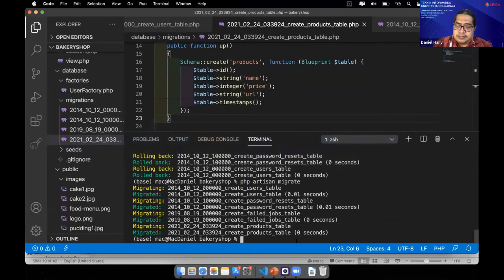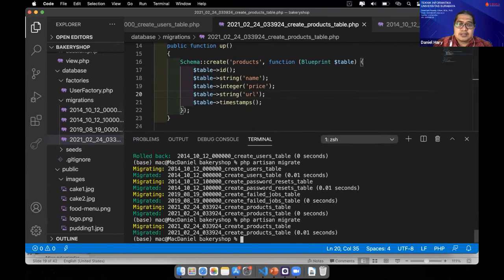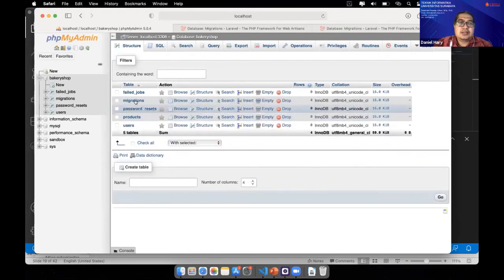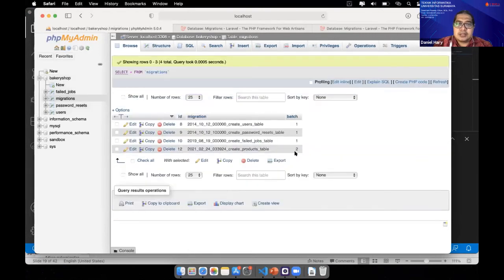After doing some modification, I migrate again, php artisan migrate. So this migration will just run the product migration file, and it goes to the second batch here.